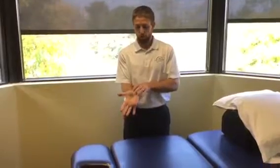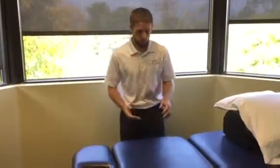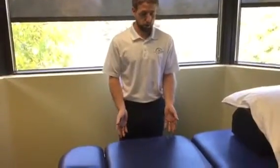This position is going to be to try and improve wrist extension, decrease some tightness through the front of the wrist as well as through the flexors of the fingers. So initially, when these are pretty tight, having something that's about table height or your bed if you want something